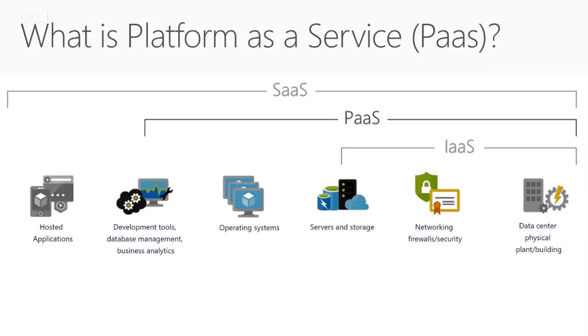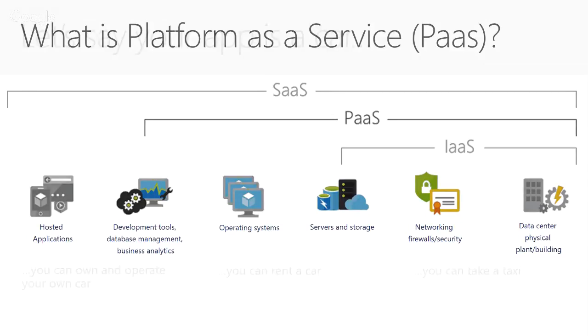Then we're going to talk about infrastructure as a service. For infrastructure as a service, we're basically talking about you having to configure your own servers. You can pick which operating system you want out of the box, but you have to do the configuration on the OS yourself, because they only provide the networking and the physical hardware per se. So you have to configure the thing. That's why we call it infrastructure as a service. As for today's discussion, we're only focusing on platform as a service.